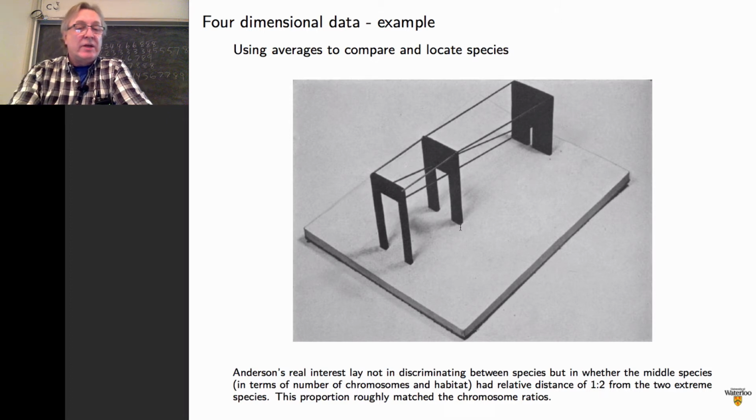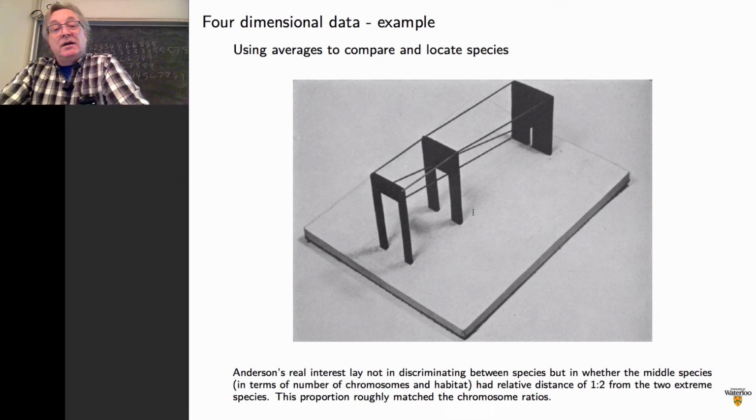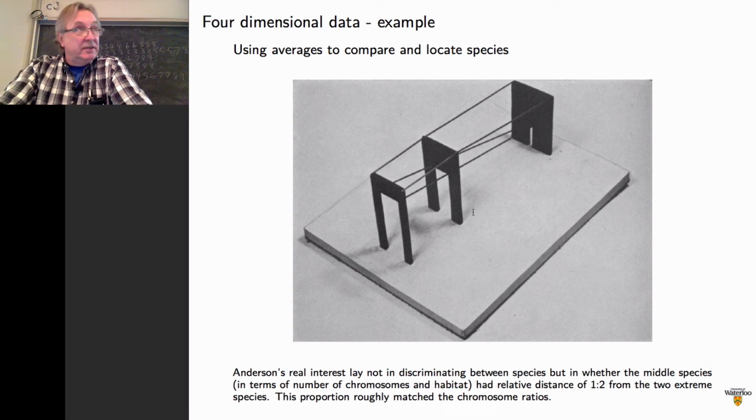And the ratio of chromosomes places versicolor about a third of the way along between the number that's in Virginica and the number that's in Setosa. And so the hypothesis is that it's about a third along. And in my mind, absolutely stunningly, if you look at the averages and you draw these little strings connecting them, sure enough, those measurements of sepal width and sepal length seem to place that flower about a third of the